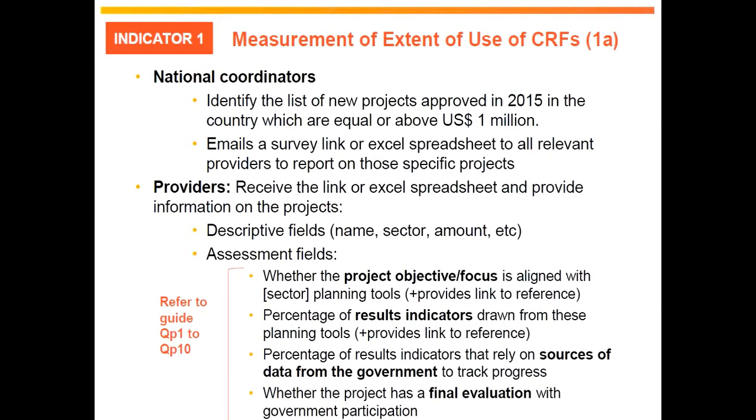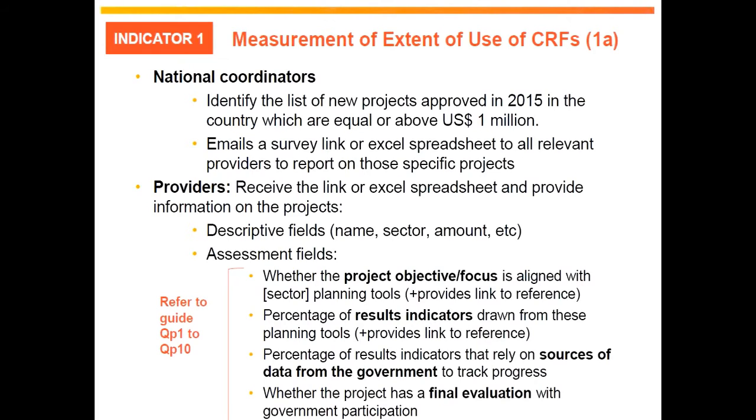How do we measure in this indicator this alignment, this use of country resource frameworks? Basically, we ask you, providers of development cooperation, you're going to receive from national coordinators a spreadsheet or a link to an electronic survey where you have to report, for 2015 only, for new projects that were approved within 2015, so between January and December 2015, and in general that are above $1 million USD,